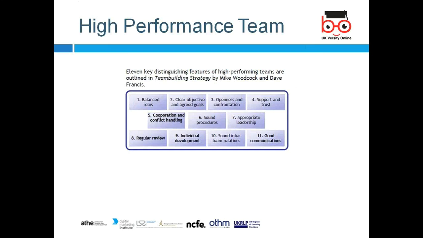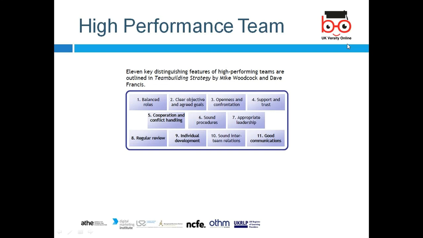different views, according to Dean Woodcock and Dave Francis, who described the high performance team: what sort of qualities or characteristics need to be in a team. So what is supposed to be in a team? Balanced roles. In the team there need to be clear objectives. In the team there need to be openness and confrontation. Of course, we